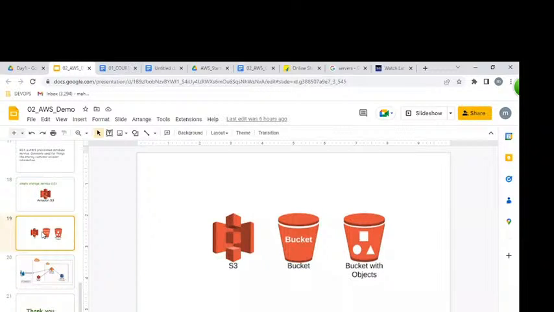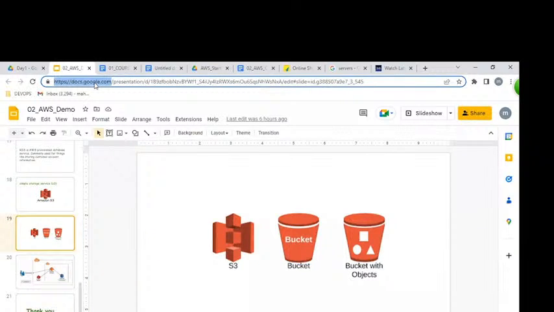For example, this PPT presentation is coming from Google Drive itself. The best example of an S3 bucket is Google Drive. The way we upload and download files in Google Drive, the same way we do in an S3 bucket.